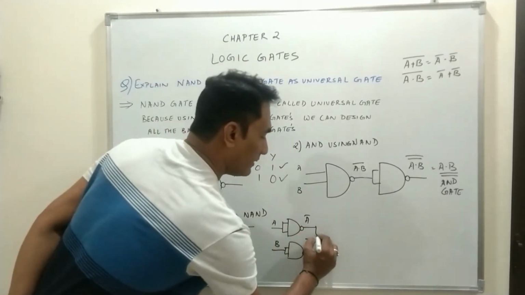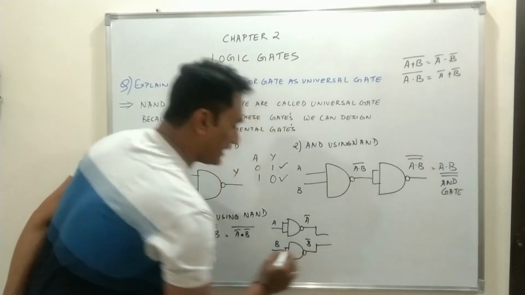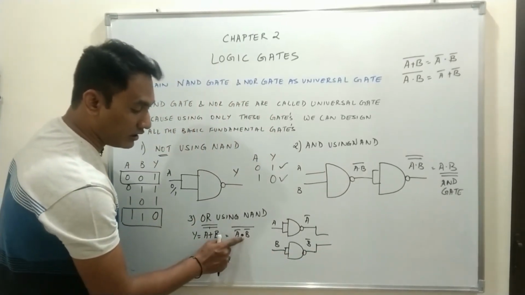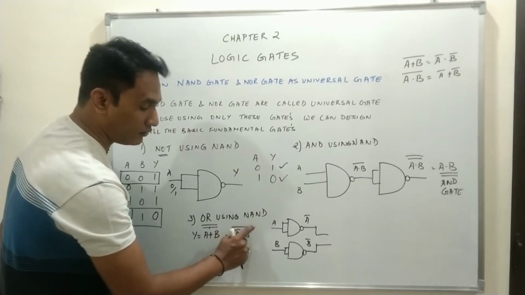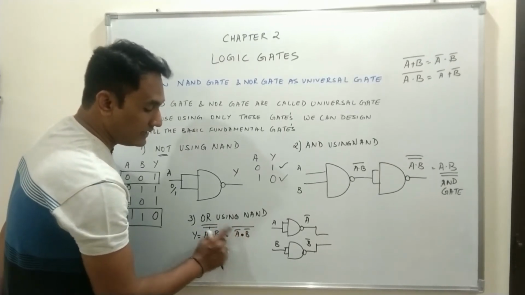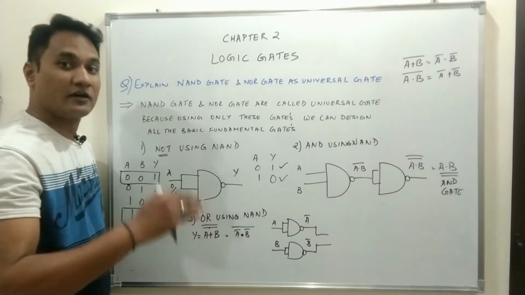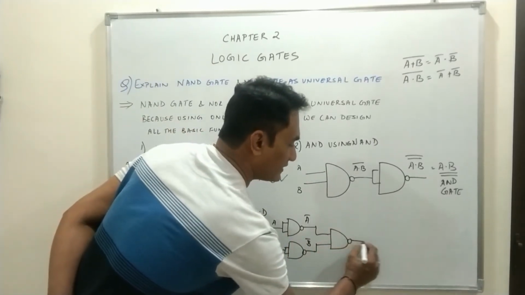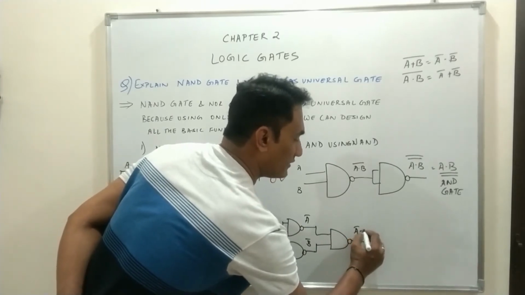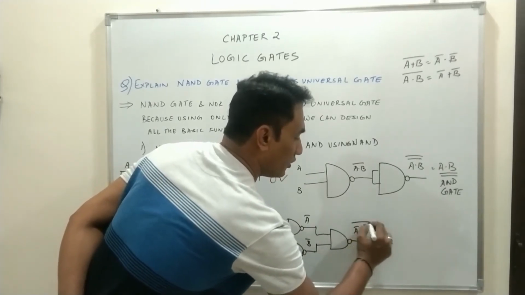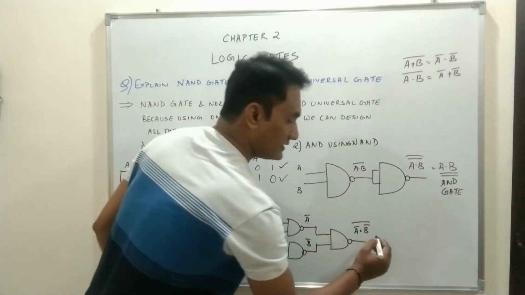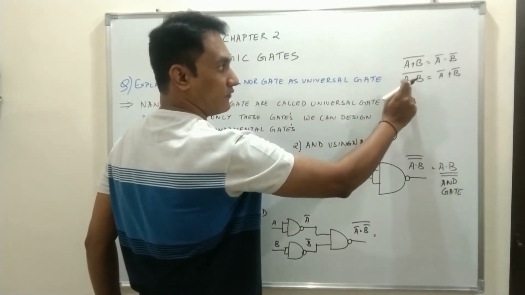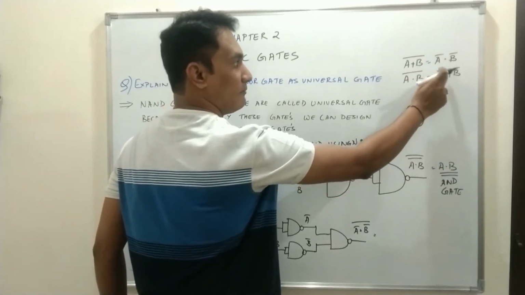So you got A bar and B bar, and how are A bar and B bar connected? A bar and B bar are connected by a dot and a bar sign over it, a complete complement over it. Dot means AND, complement will be NAND. So it is connected by a NAND gate. So what you get is A bar dot B bar whole bar. And if you solve this equation, again using that law, for example, A dot B whole bar will be A bar plus B bar.